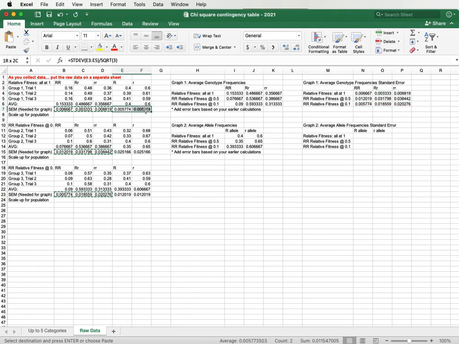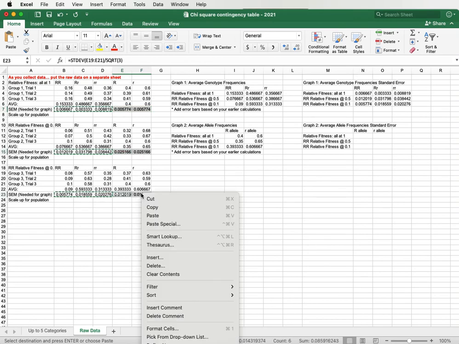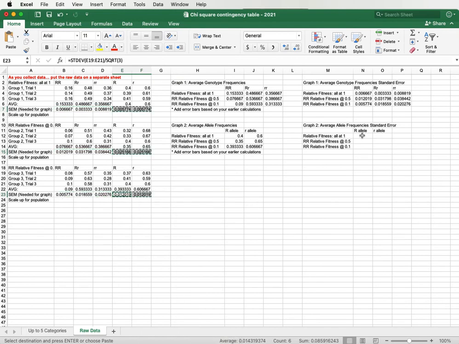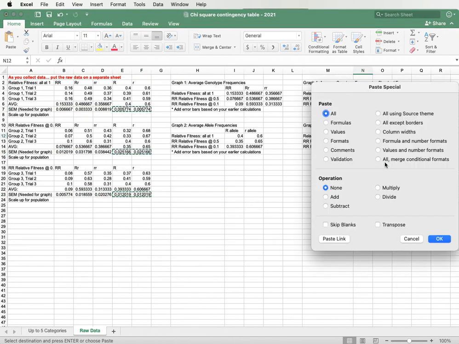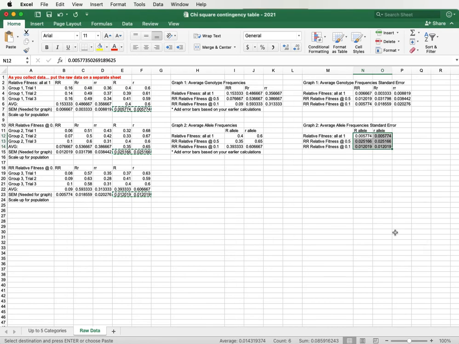and then I'm going to do that one more time for my allele frequencies, but the standard error, copy, paste special, values, and now I have everything I need to graph. So to create a graph, I'm only going to do the genotype frequencies as the example for this, but